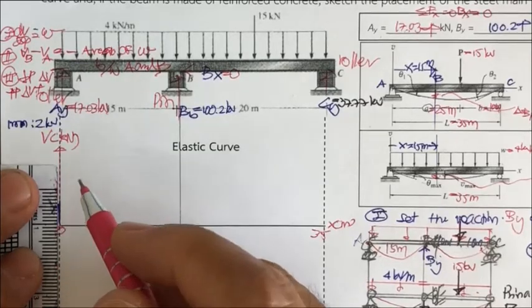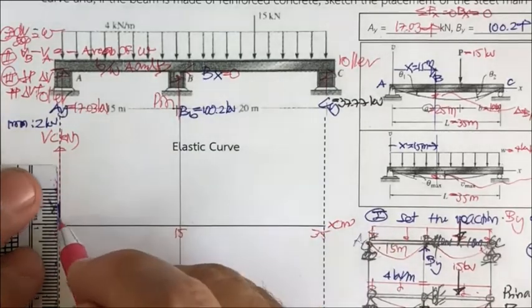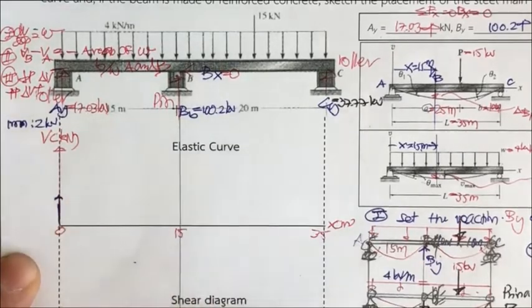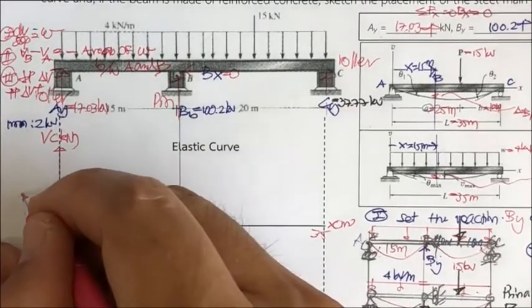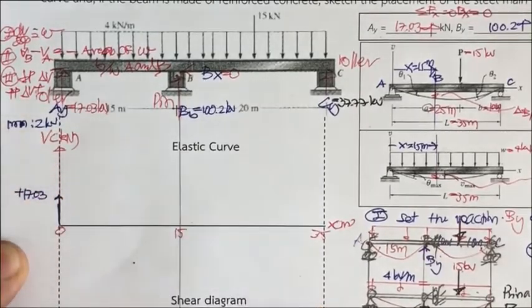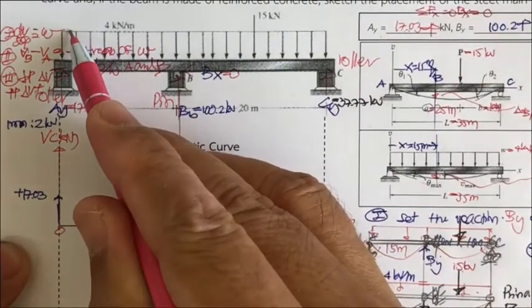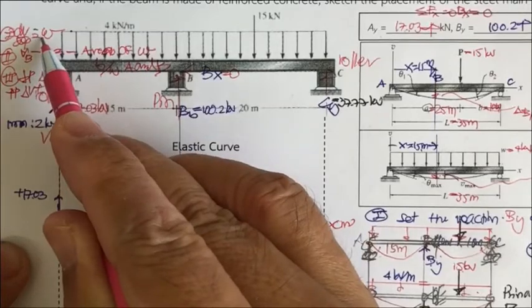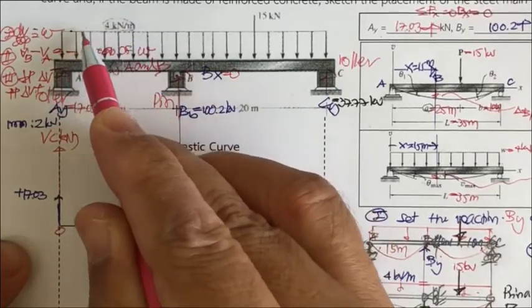That is going to be 8.5 millimeter about this. That is going to be plus 17.03. And then you move up into this, you may have the dV by dx equal to minus 4